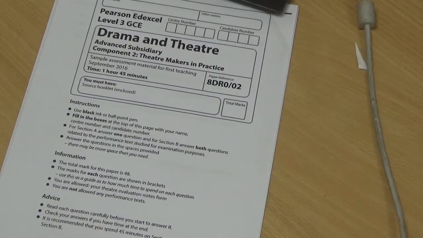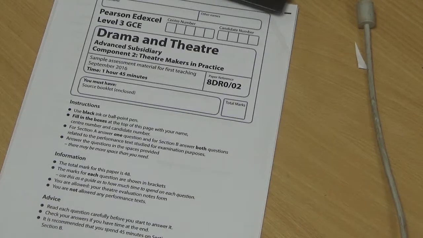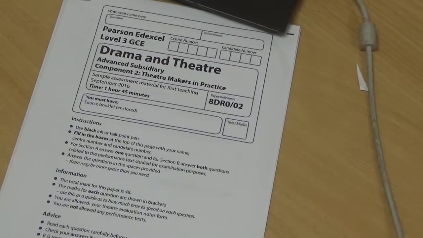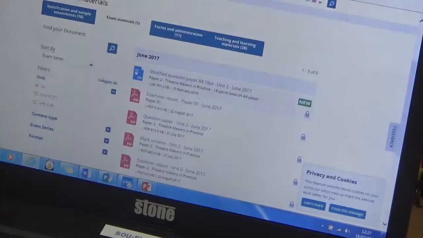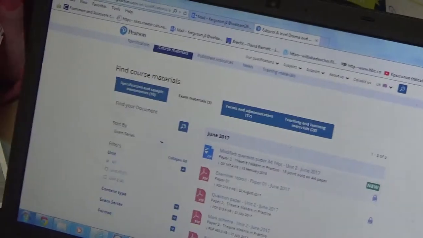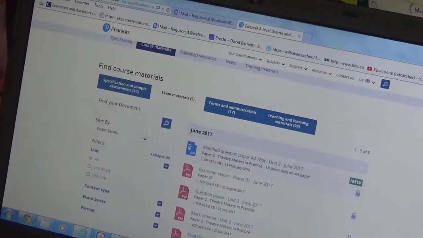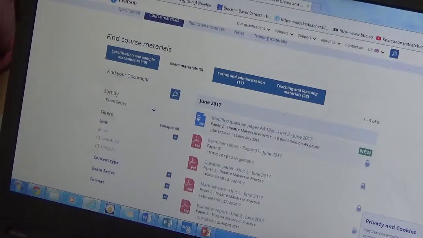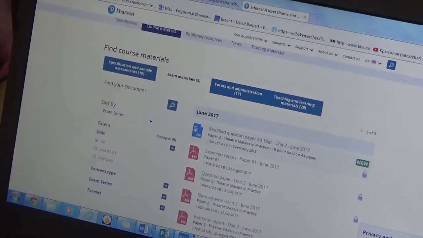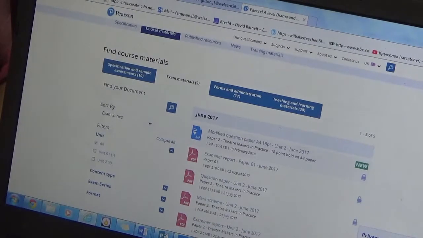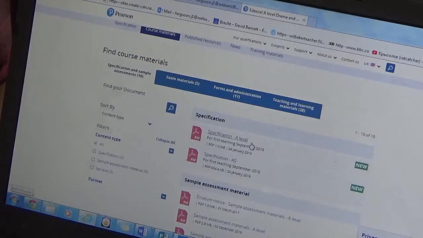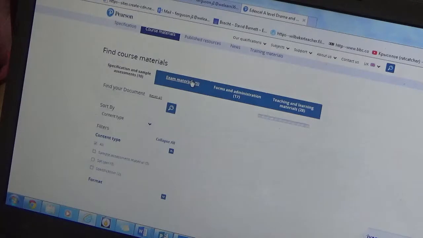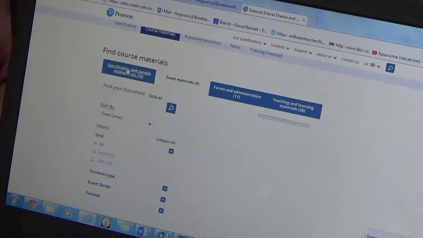But before I go through the paper with my trusty highlighter, I'm going to tilt up a second to direct you to my laptop and zoom you in there, in terms of if you would like to find further information to help with your course. Just a recommendation: this is the Edexcel Pearson website, and if you go through the A-level drama and find the course options, you'll come to a page that looks a little bit like this, and you can either filter to exam materials,